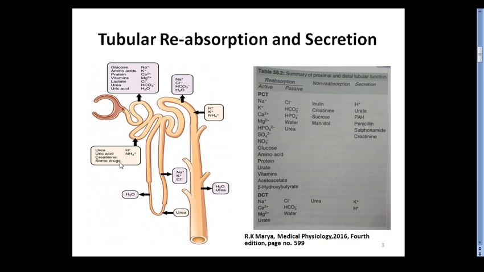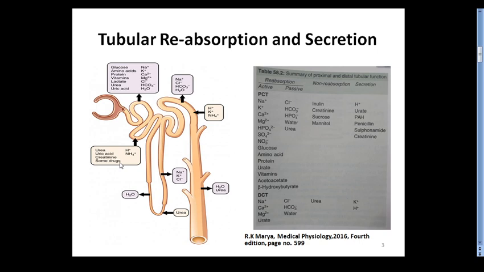Few metabolites like urates, para-aminohippuric acid, bile salts, and few metabolites of neurotransmitters or hormones also come into the urine by active secretion, like VMA, vanillylmandelic acid, which is the metabolite of epinephrine and norepinephrine. Few heavy metals like lead, mercury, cadmium are also secreted into this part, and this is called nephrotoxicity.